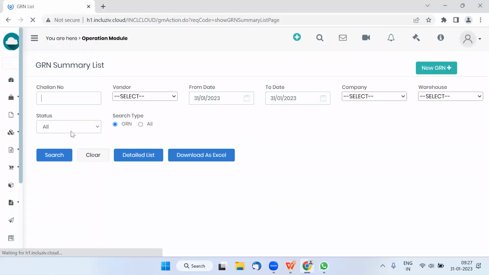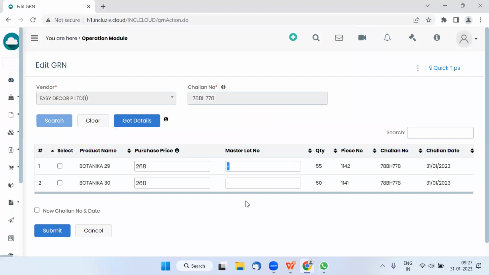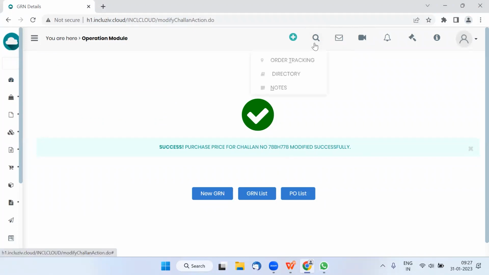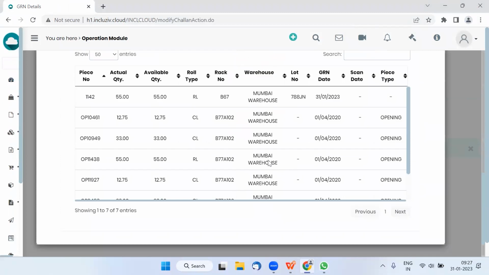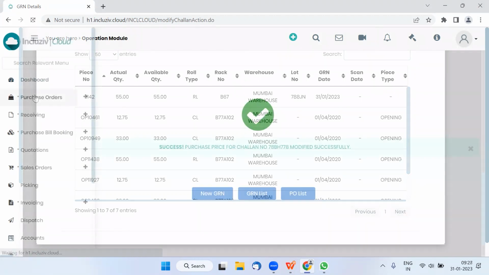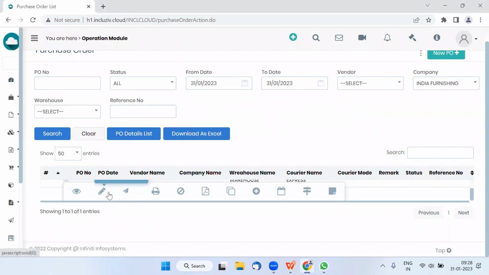So let me quickly show that to you. I can edit this GRN and I can put a lot number. And now for the same inventory, I can see a lot number against the fabric also. This helps me give the customers an idea of what fabrics I have or what quantities I have belonging to the same lot. You can always close an existing purchase order number for partly received materials or for fully received